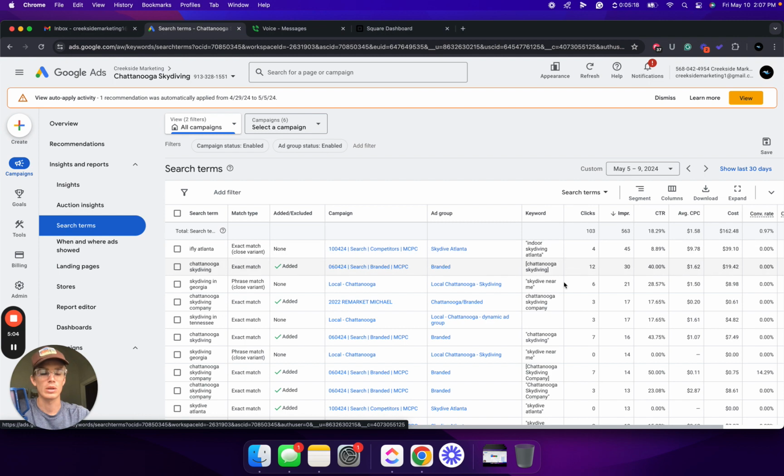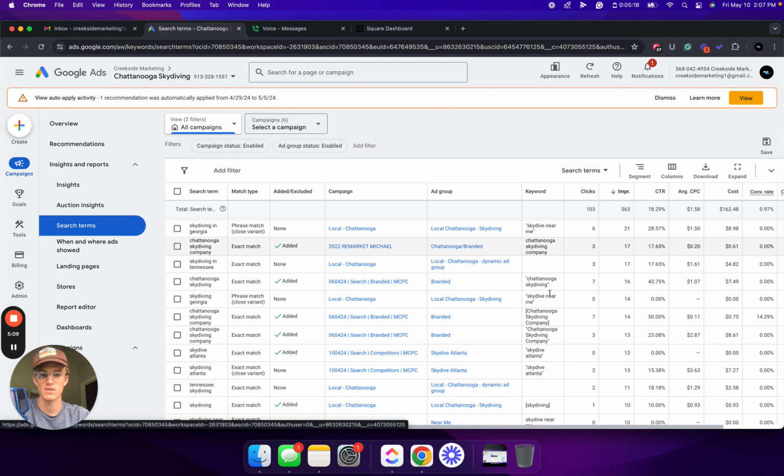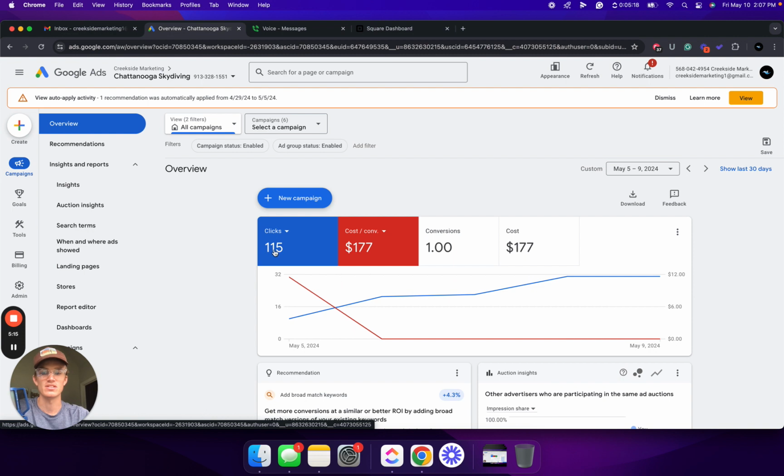But we're going to leave all of this running because we're just collecting data. Next week, once we've had about 2 weeks of data, we should be able to see enough from that. As you can see here, in the past 5 days they've gotten 115 clicks. If we expand that out to 14 days total, so about 3 times the data, we're hoping for around 300, 400 clicks. From there, we would hopefully be able to pause one of the campaigns that clearly isn't working, adjust the budget to the top 5, and then slowly, as the weeks go on, we'll filter down to probably around 3 campaigns, because they're not advertising a bunch of different services. They're just promoting